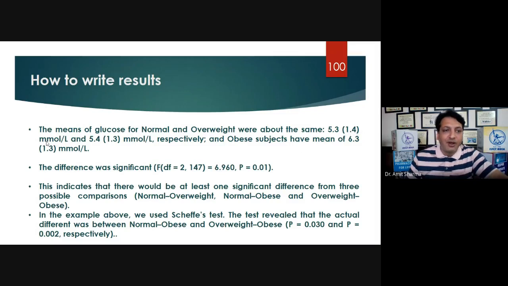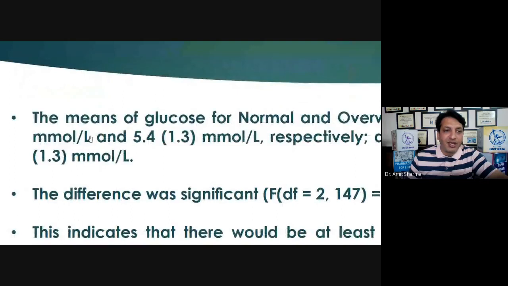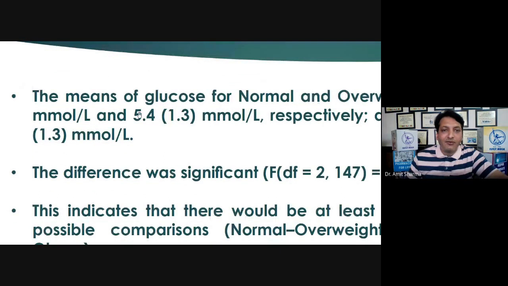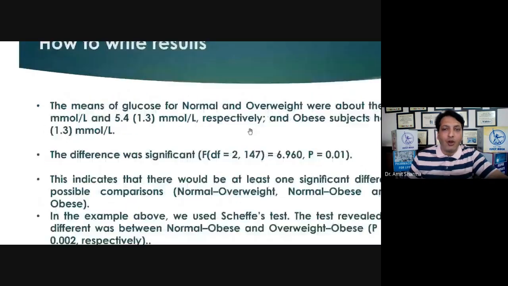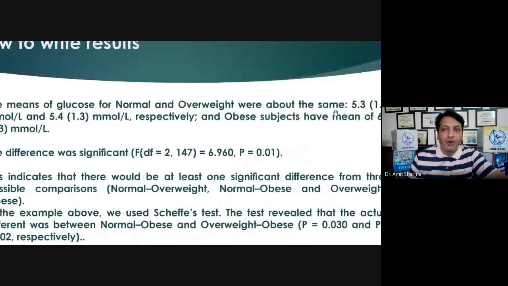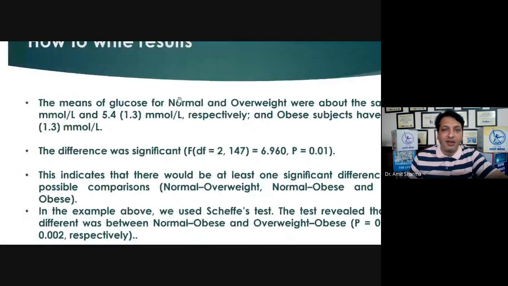Along with that, we have to write the units also, millimole per liter. And 5.4 in the bracket 1.3 millimole per liter. This is for the overweight. So if I have written normal first, give the value of normal first. And if you have written overweight after the normal, in the same way respectively we have to write